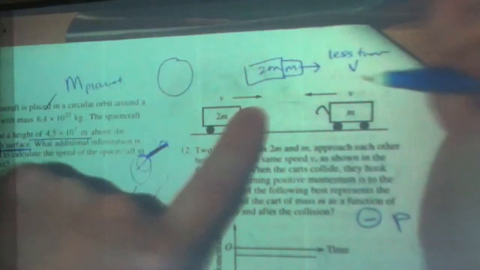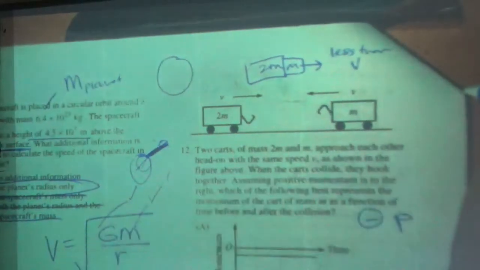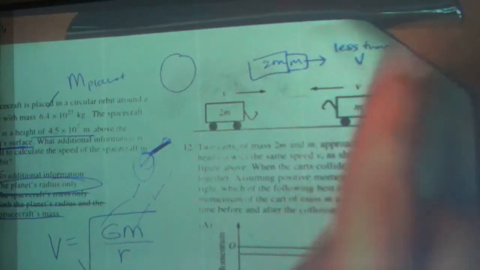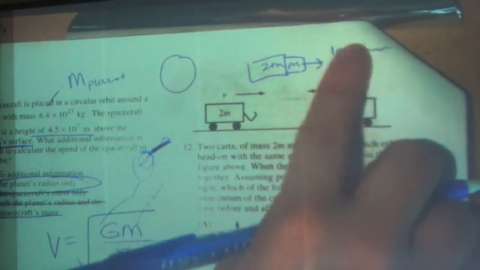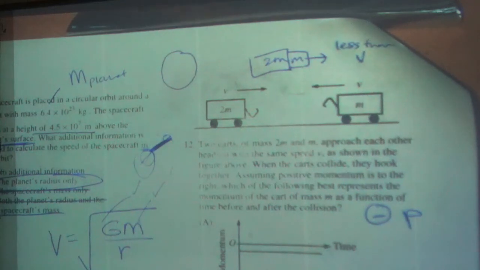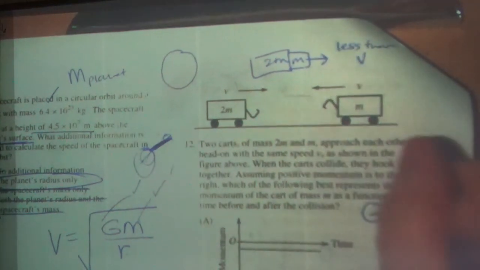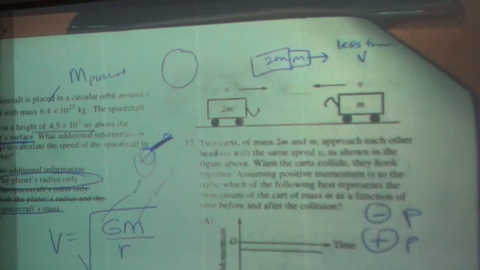Because this guy's coming in with v, but then it's giving some of its momentum away to turn him around and go to the right. So if this one gives some of its momentum away and is going less than v, then m is now going less than v, obviously, because they're stuck together. So I have a negative momentum, and it goes to a positive momentum, and it's going to be slower, less momentum than before. So we can cross off A and B, because they don't